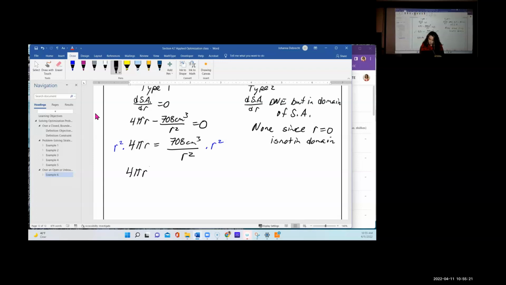So this gives me 4 pi r cubed equals 708 centimeters cubed. And then I want to divide by 4 pi. So this gives me r cubed equals 708 centimeters cubed divided by 4 pi,